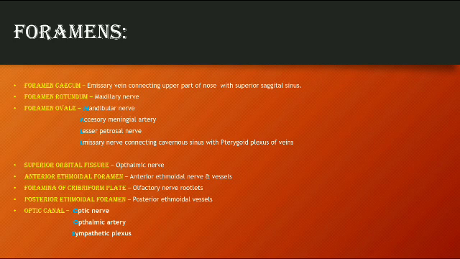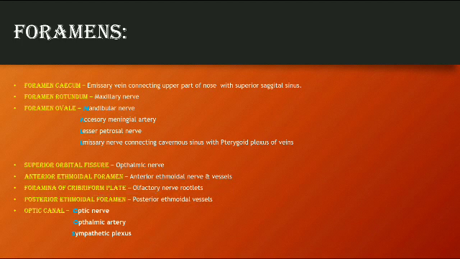So okay, now moving on to the next foramen, which is your superior orbital fissure. We have already learned that V1 goes forward and then enters the superior orbital fissure and forms the ophthalmic nerve. So it's clear. Now moving on to the anterior ethmoidal foramen and posterior ethmoidal foramen. These two foramens are very easy to remember. They contain their respective nerves and vessels: anterior ethmoidal nerves and vessels and posterior ethmoidal vessels respectively. And the foramina of the cribriform plate, we all know that olfactory nerve rootlets descend downwards, pass through the cribriform plate holes and enter the nose.